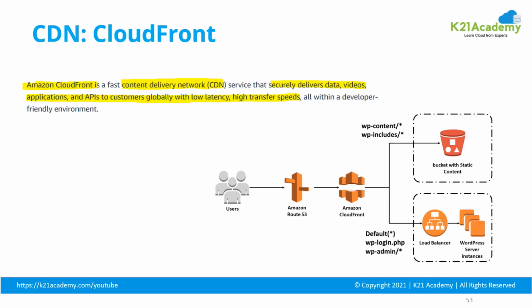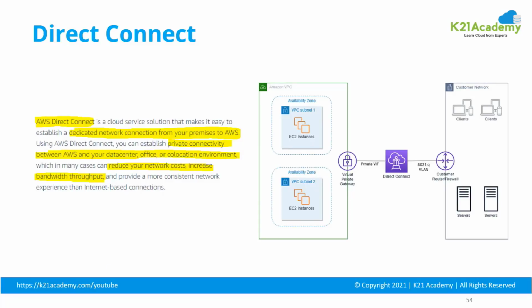So Amazon's CloudFront is a content delivery network which securely delivers data, videos, applications, and APIs to connect to your backend services for low latency and high transfer speed. Your developers can configure a CDN in front of your website. So that's CloudFront. And then the final service in networking on a high level is AWS Direct Connect,